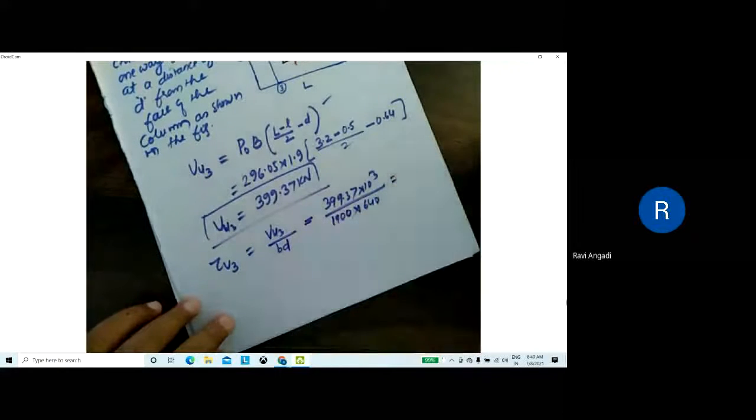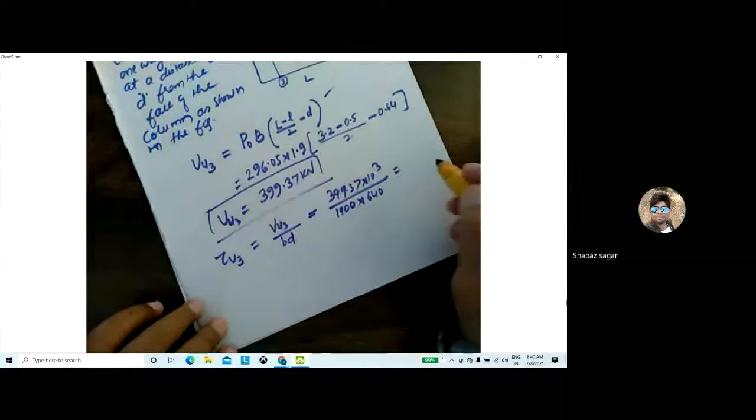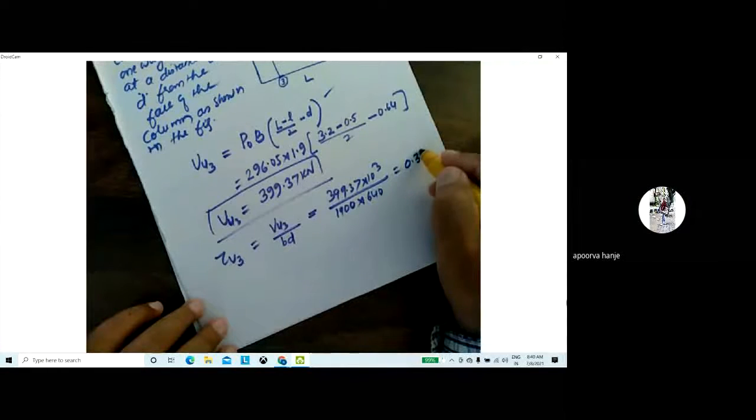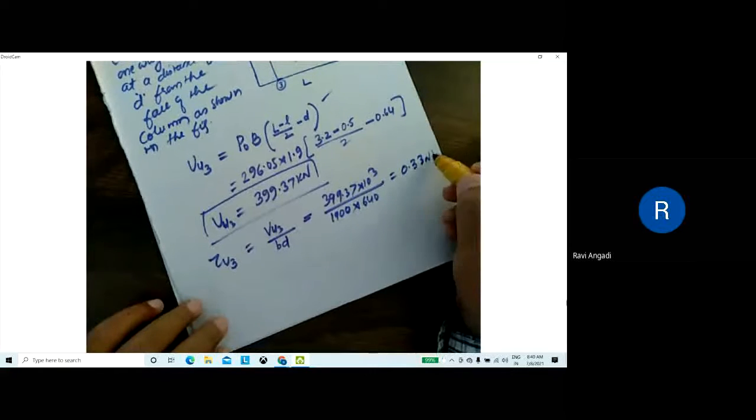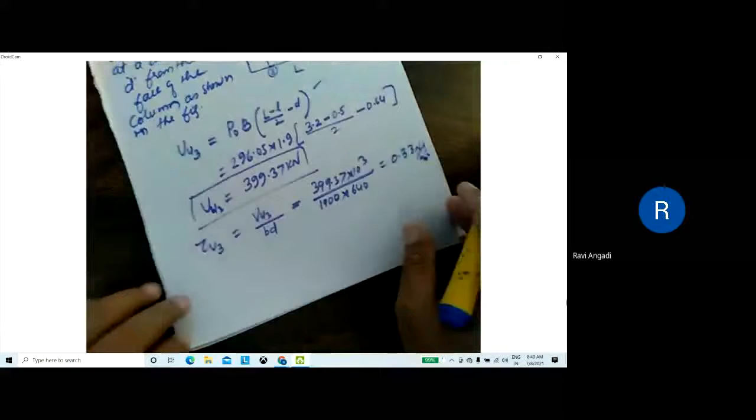What answer do you get here? 0.3284. Okay, I'll take it as 0.33 Newton per millimeter square.